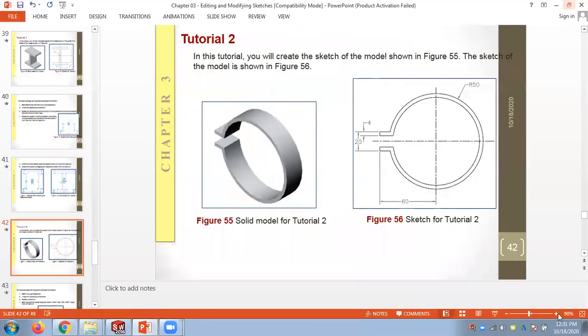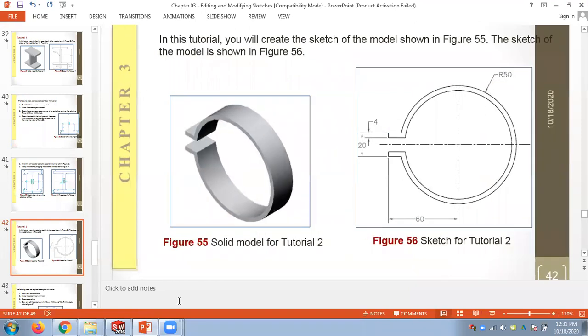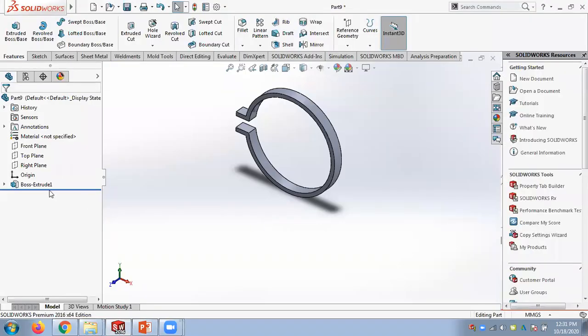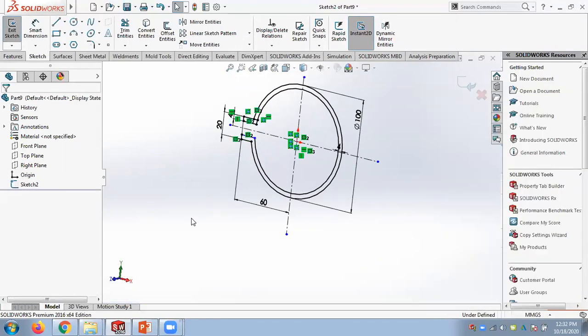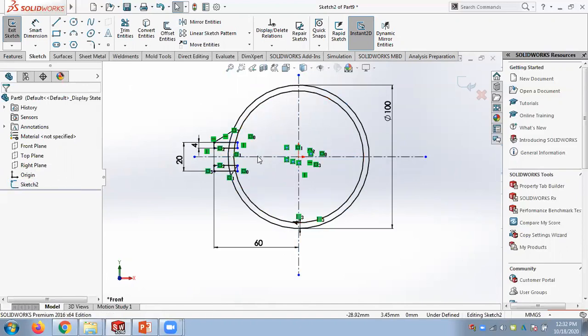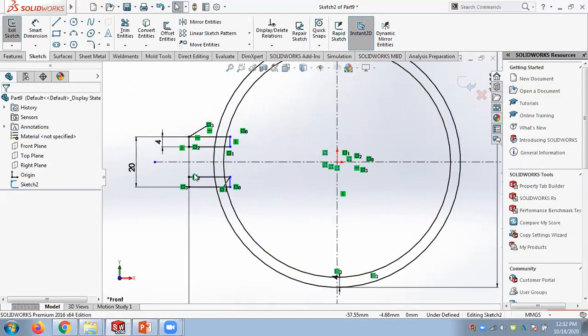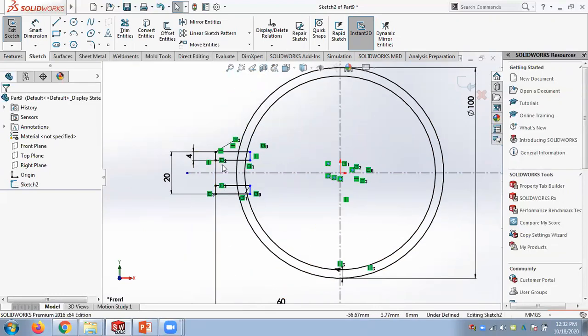So can you do the trimming part again? So I drew this rectangle and gave 60, gave 4 and mirrored it.